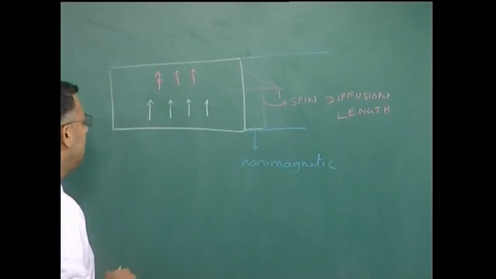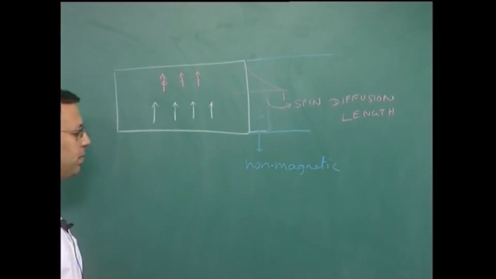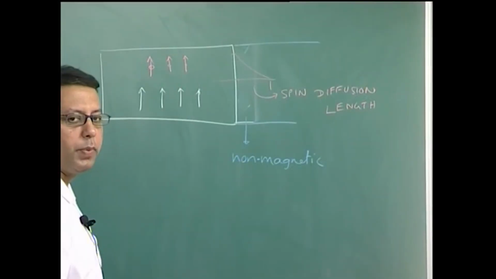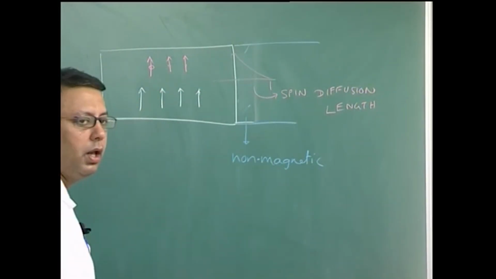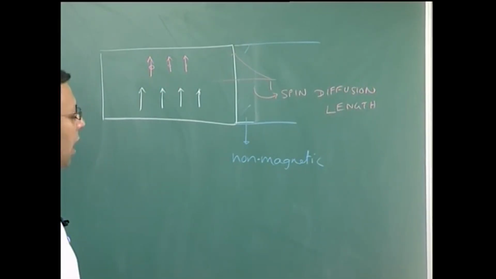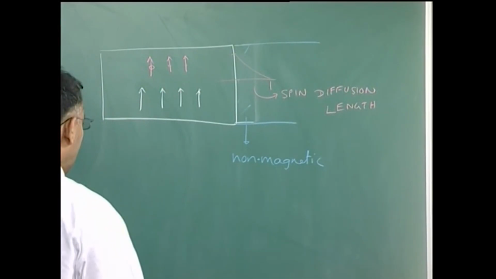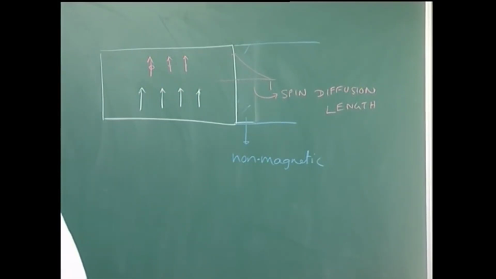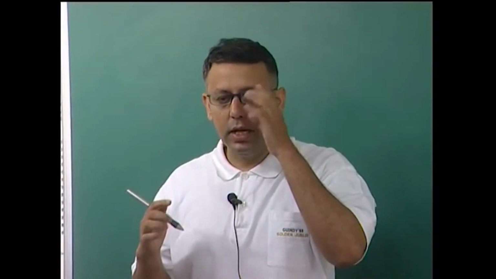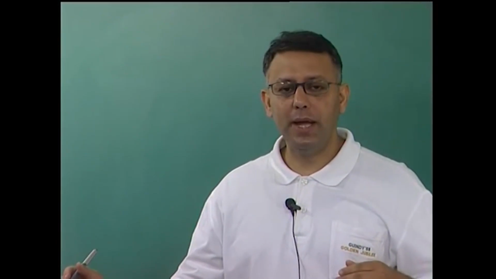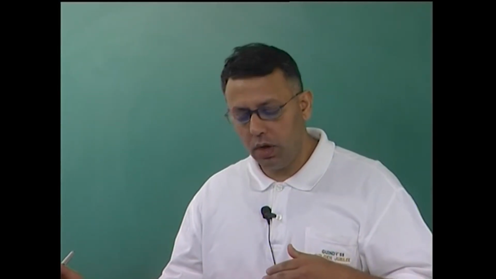In other words, in the magnetic material, when the current is flowing, it becomes spin polarized, but since this material is non-magnetic, there is no internal field or internal spin polarization to keep the current spin polarized, and after a certain distance, when it travels in the non-magnetic material, it loses its spin memory. In other words, after the spin diffusion length, its spin memory is lost, and the spins become randomly oriented. Now, the important point to note is that this intermediate non-magnetic layer has a very small thickness. That means typically its thickness is less than the spin diffusion length, which implies that the spin current flows across the non-magnetic layer without the spin memory being lost. So, that is a very important point.